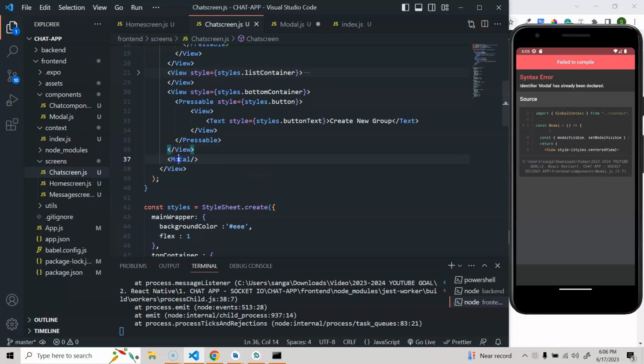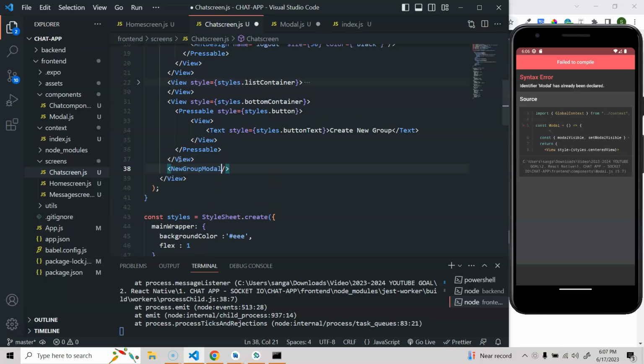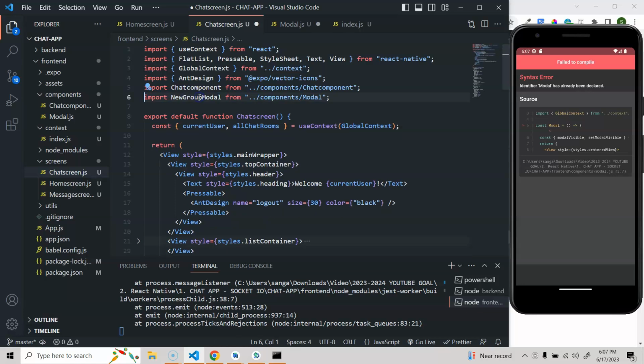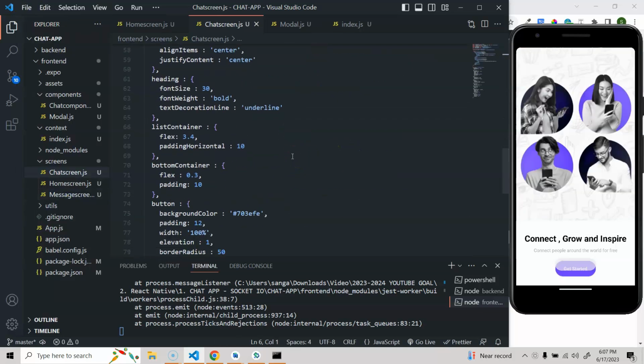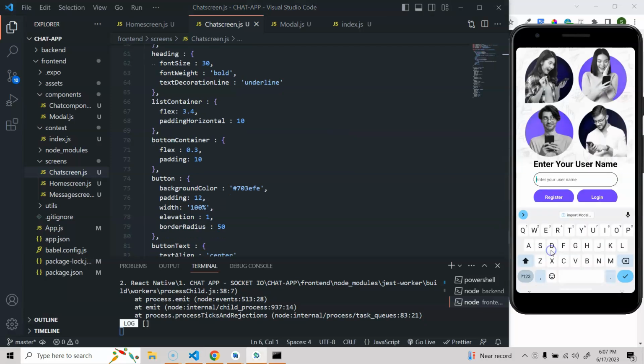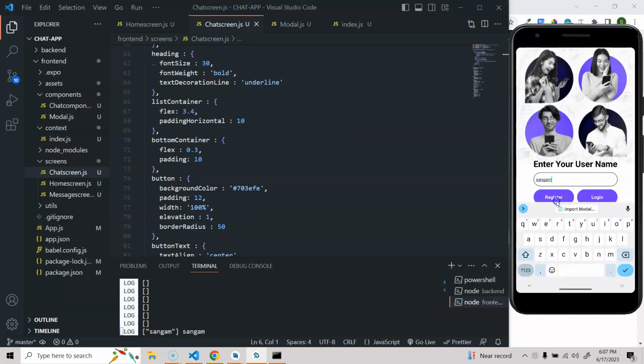And now we'll just import this one, and we'll remove this part from here. Now this should work. Now let's save this. Now this is fine. What we need to do, let's go first to our page,